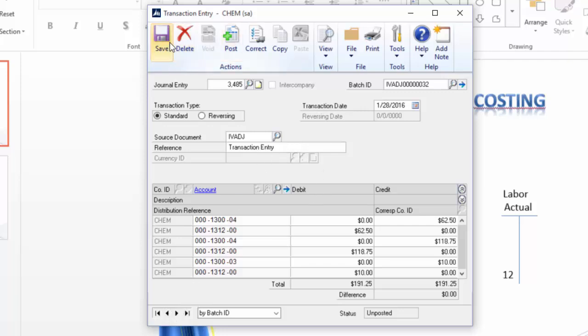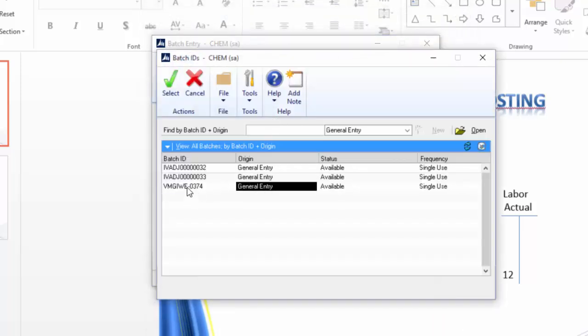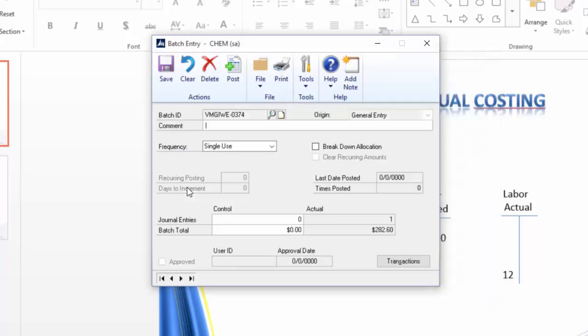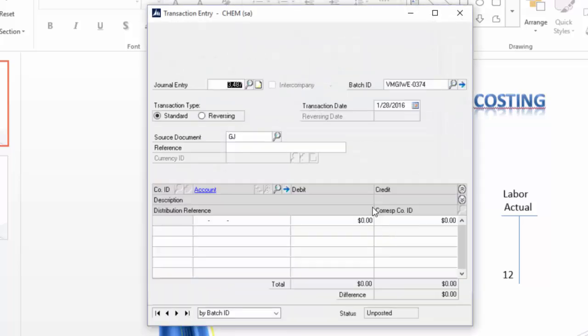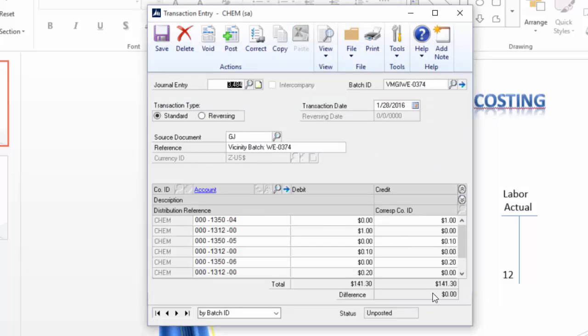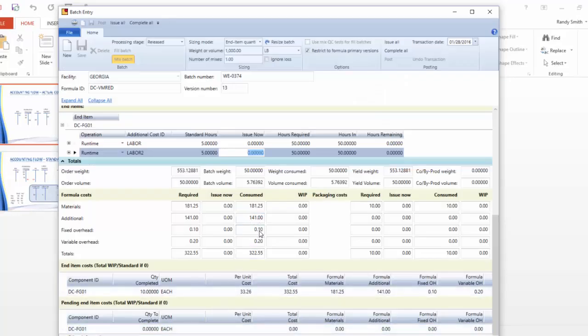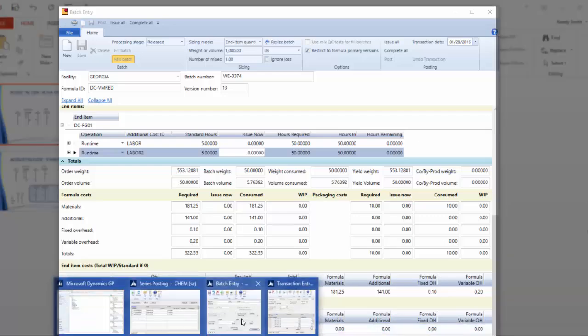And then I've also got the labor component to all of this. I'll go ahead and pick this up. Now this is being written directly to the general ledger. So the batch ID looks a little bit different because it's being written directly to the general ledger with its own batch ID. Here what I'm showing is that 141.30 of cost that we are seeing over in my batch entry. My 141.10 plus 20 is 30. So 141.30 is what I'm seeing over in my general ledger